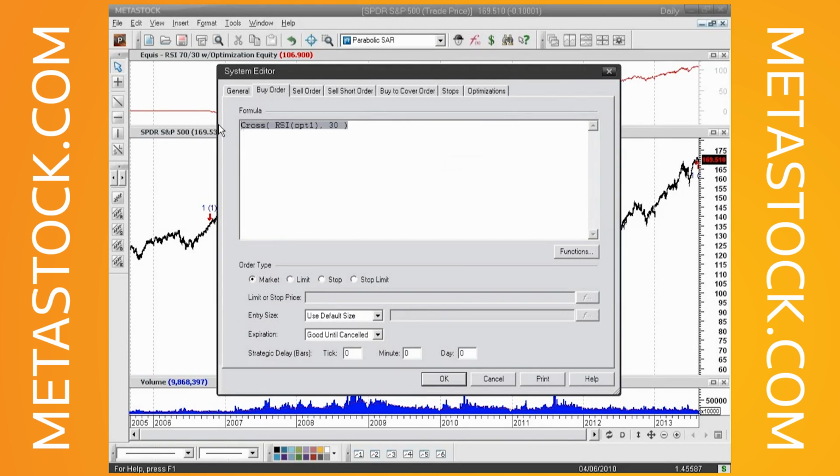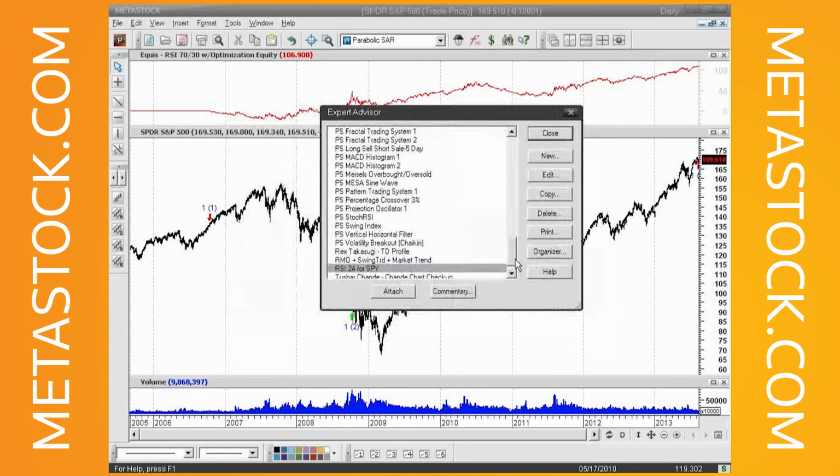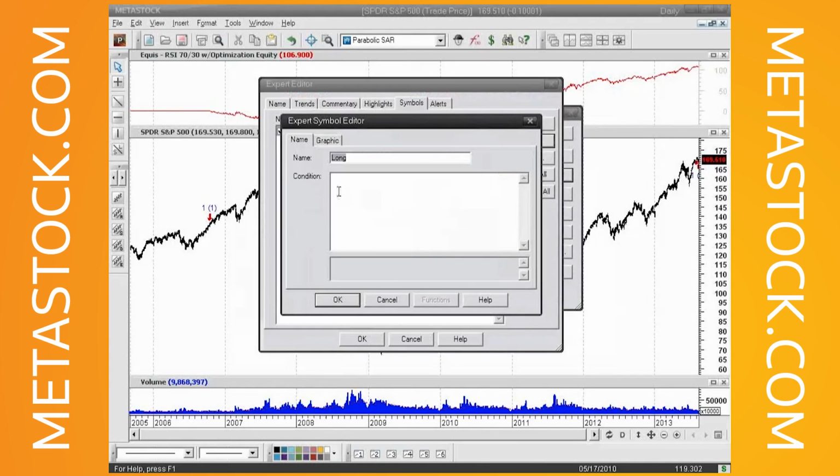So I'll highlight that, I'll copy it, and then we'll paste that in. Now we've copied the OPT1 parameter, and we know from the report that OPT1 value is 24, so I'm just going to plug that in. And that's really all that needs to be done for this particular